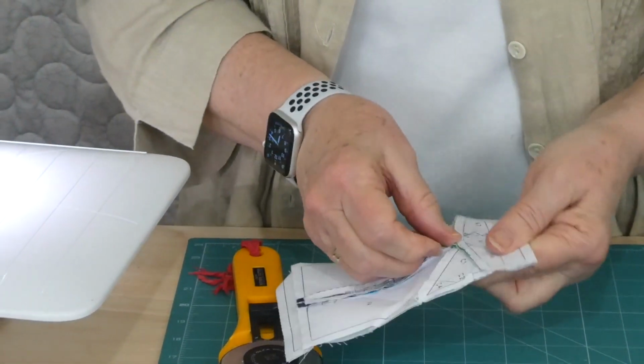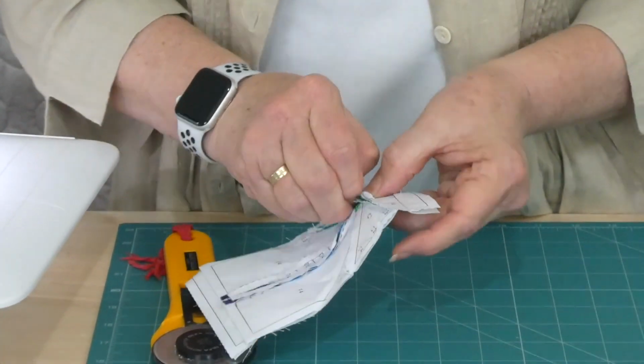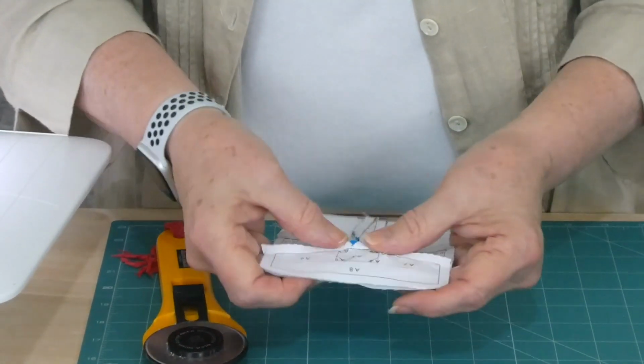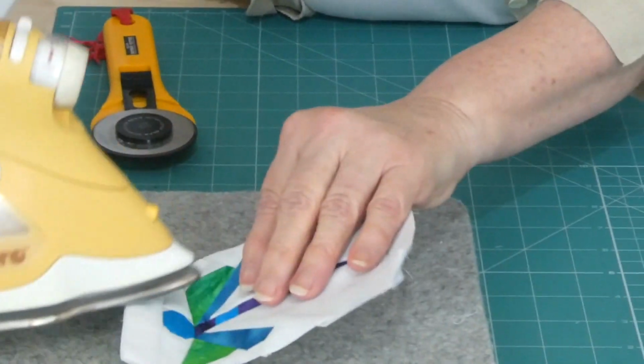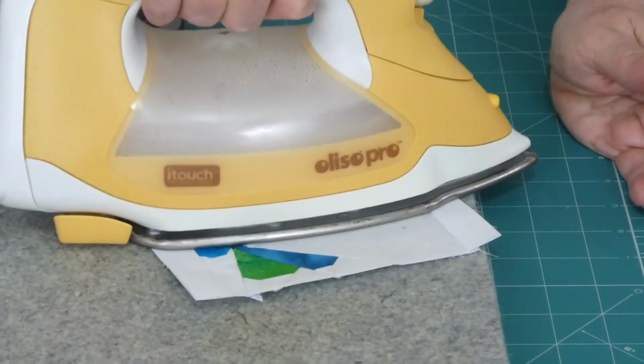By the time we've got all that paper torn out. And from this centre seam here, we probably could have pulled a little bit of that out before. That was a bit silly of me. But again, I'm going to press that seam down. It is extra bulky at the moment with all the paper. However, it won't be by the time we've pulled all those papers out. And that's going to sit